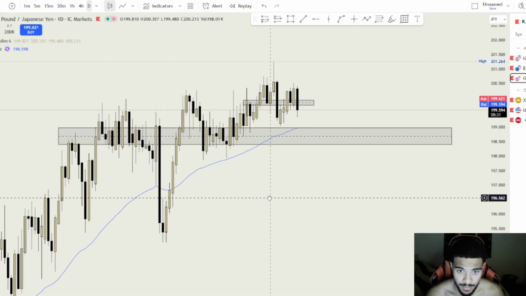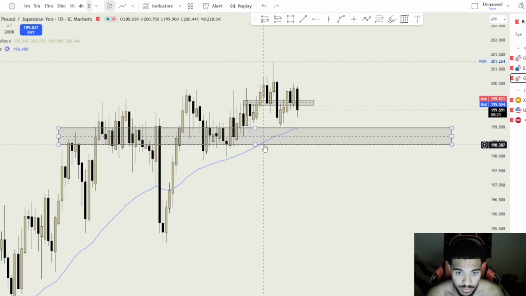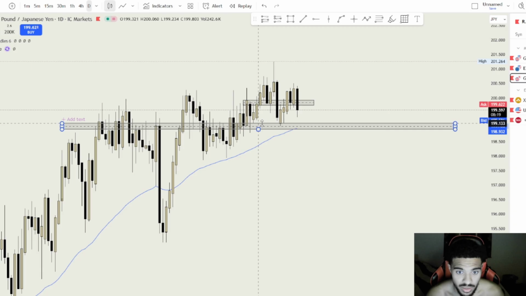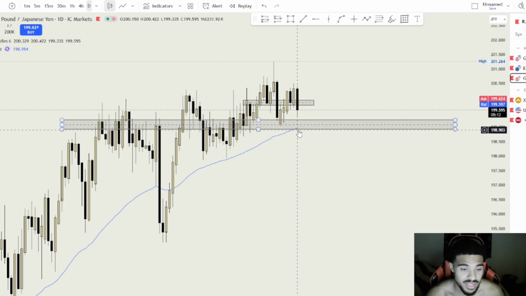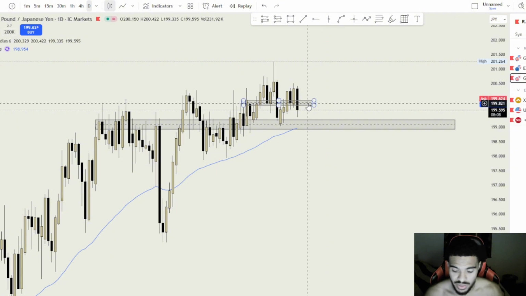GJ, I was bullish off of this zone here on the 4-hourly time frame. We did break it, so I'm bullish off of this zone here on the daily. As you can see, if I move this up a little bit, there's so many weak rejections off of this area here. It's crazy. Rejection, rejection, rejection, loads. So if price does come back down to this level, matching up with the EMA perfectly as well, we'd love to see it.